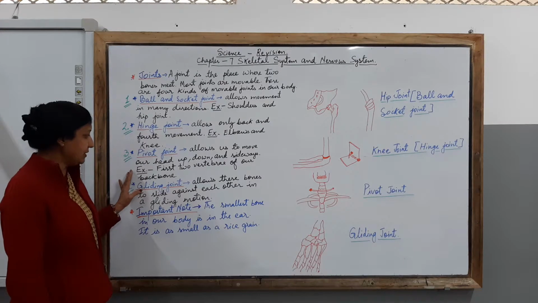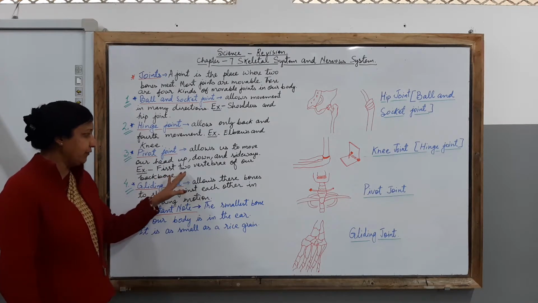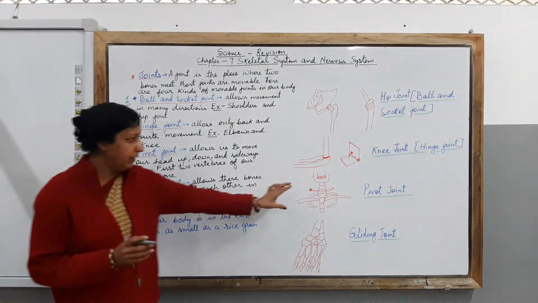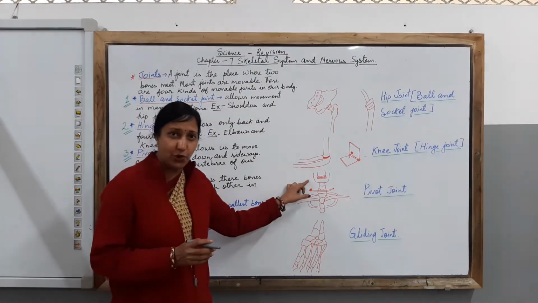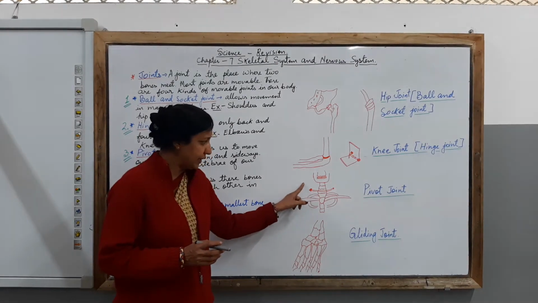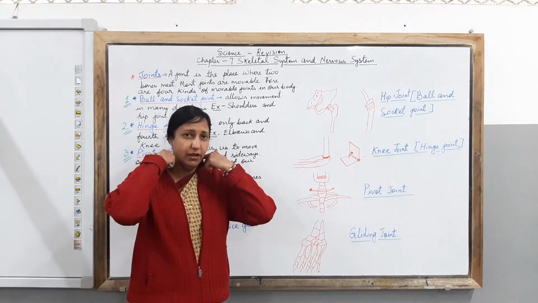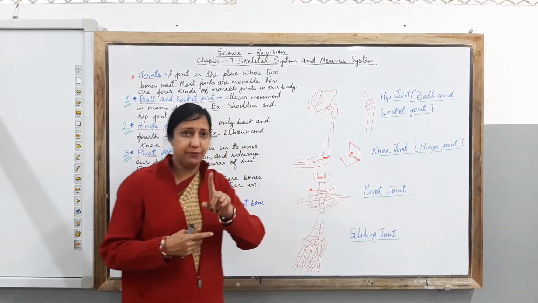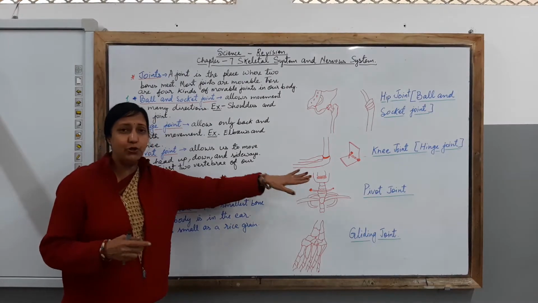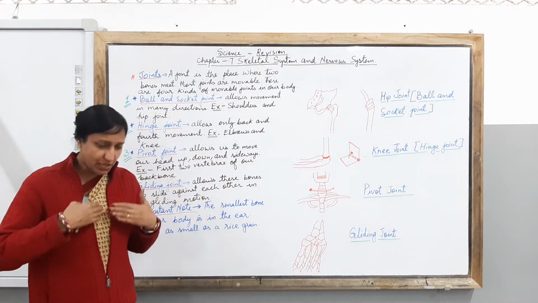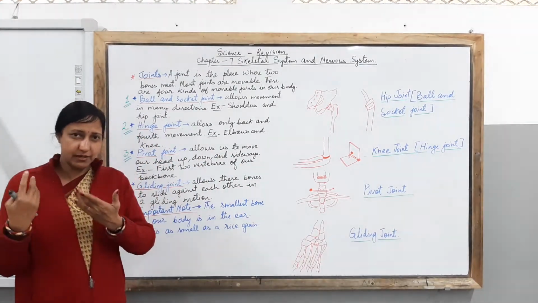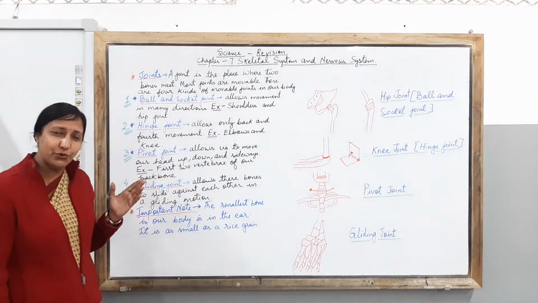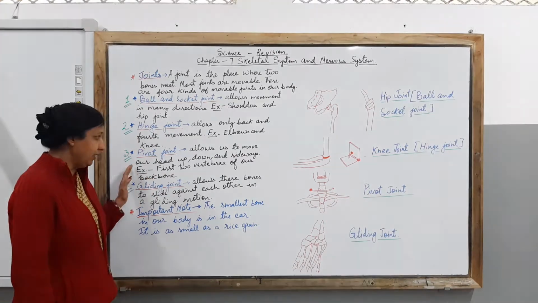And children, you can understand with the help of an example, the first two vertebrae of our backbone. It is located at the first two vertebrae. Here I have drawn the first two vertebrae for you all. Try to understand where it is located. At the first two vertebrae in your neck, this kind of joint is located. Which kind? Pivot joint. And because of this, you are able to move your head up, down and sideways. Clear? So see how helpful this pivot joint is for this kind of movement with the head.